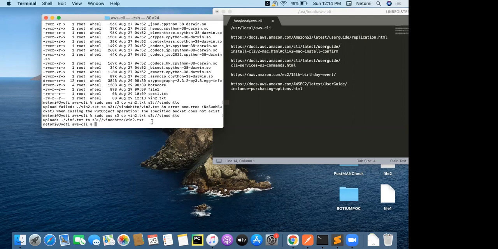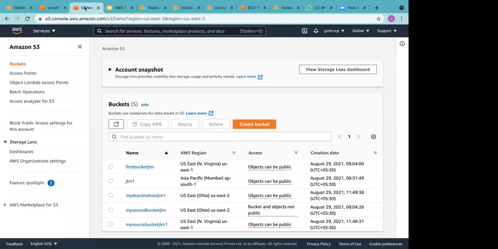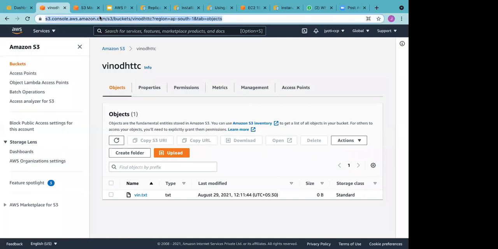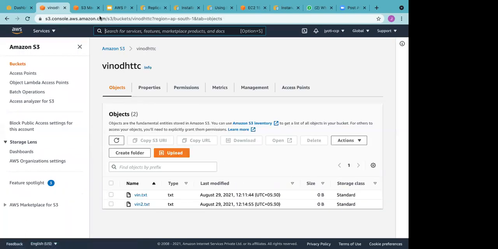Okay. First, let's do ls. See, this file is here, and we go ahead and refresh this. You see the file which was on your local is in S3 as well.